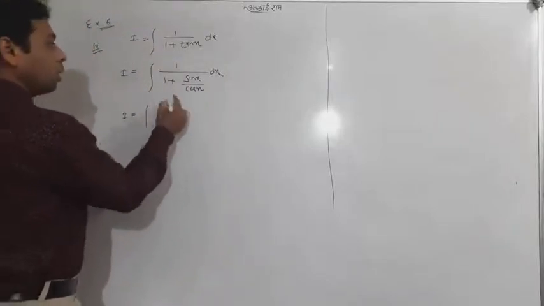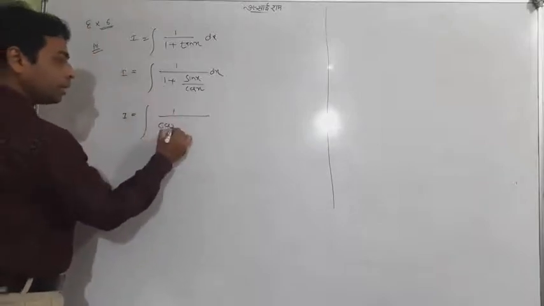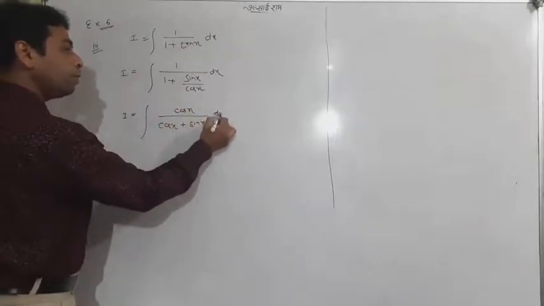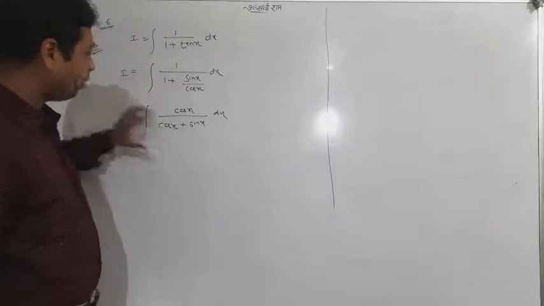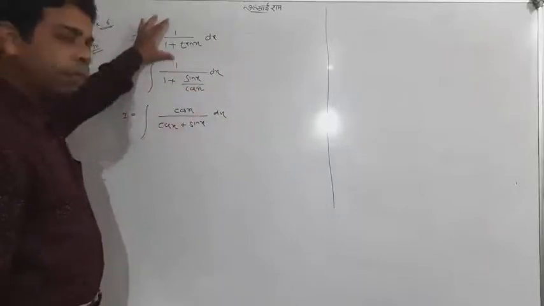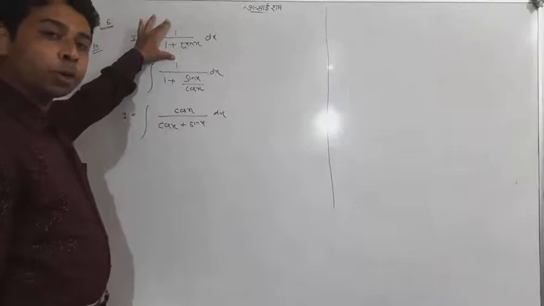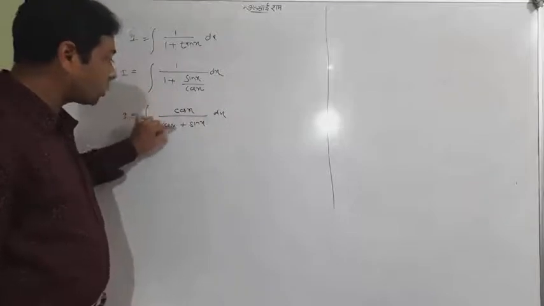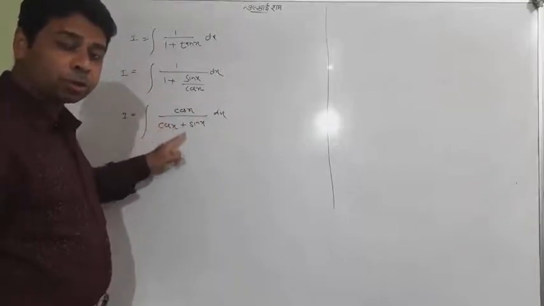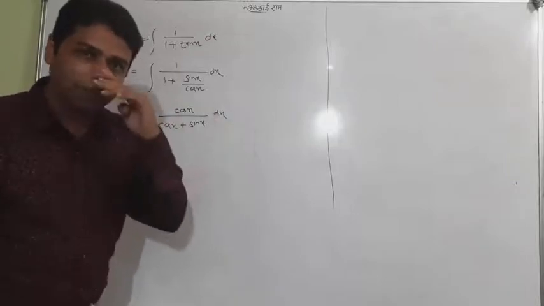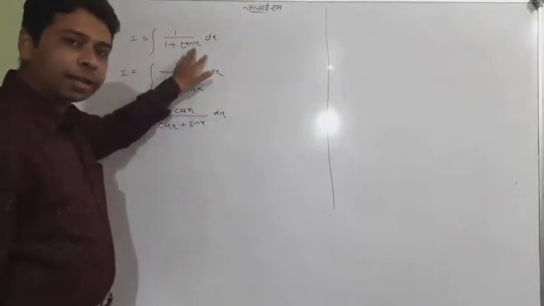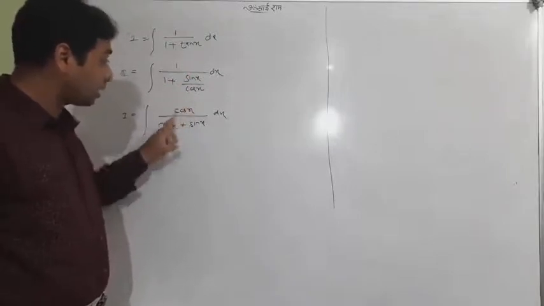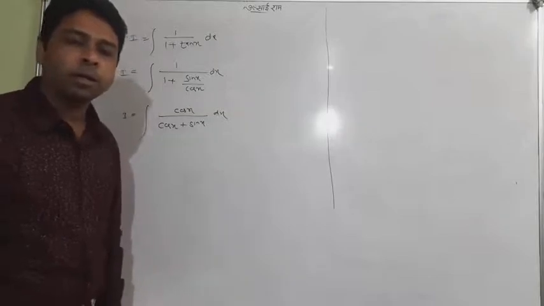Okay. Now take an LCM. It's cos x plus sine x, and cos x will transfer to that side only. So let me speak frankly one more thing, students. The question may come like that. Even though the question is given in this format, it may be possible that the question comes like this: cos x upon cos x plus sin x, cos x upon cos x minus sin x, sin x upon sin x plus cos x, sin x upon sin x minus cos x, all can come. So also keep remembering, here tan and cot can come, in the form cos over cos plus sin, cos over cos minus sin, sin over sin plus cos, and something like that may come.